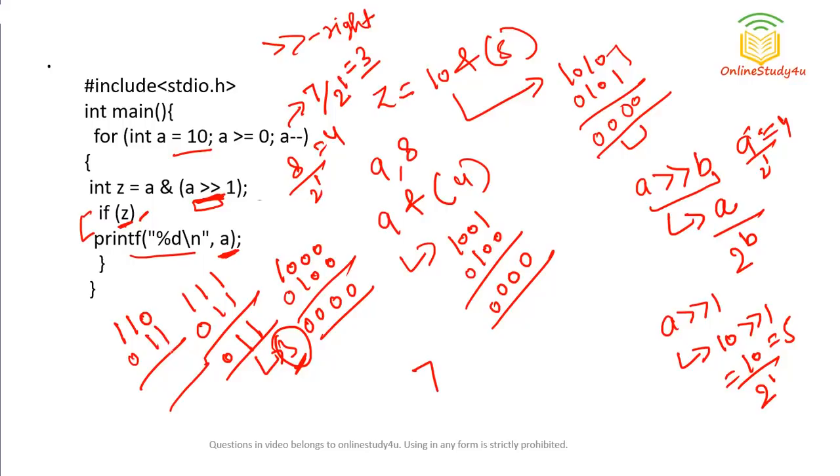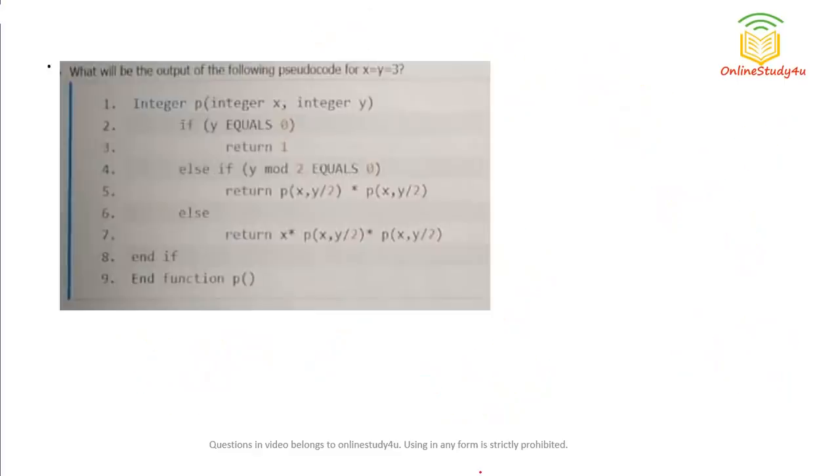If you do bitwise AND here, we have 010, that is 2. So z is now 2, the condition will be true again, and the value of a is 6, so 6 will be printed. If you keep on doing this, the condition becomes true again when a is 3. So 763 will be the correct answer for this question. I understood that you must have got the question, so let's see our next question now.